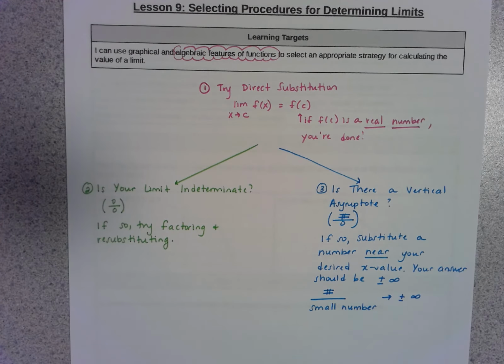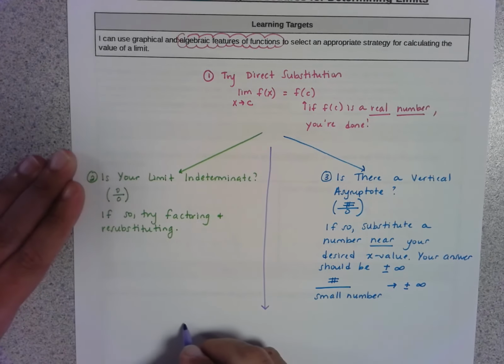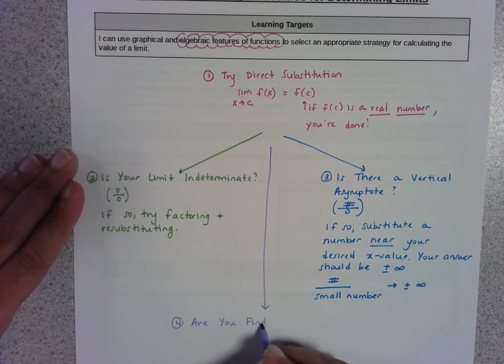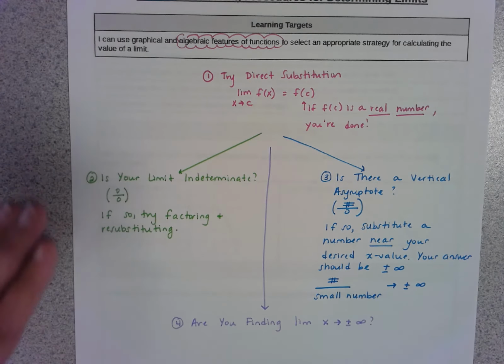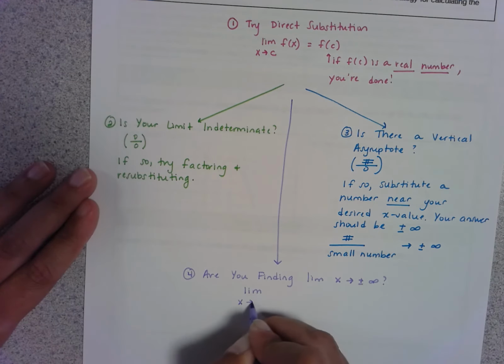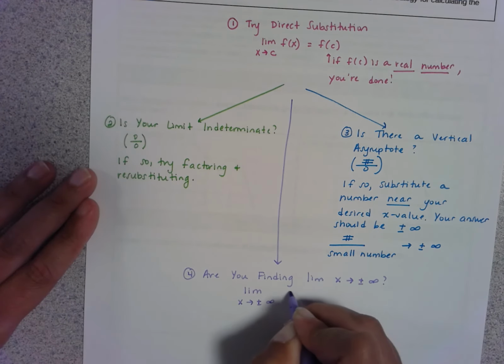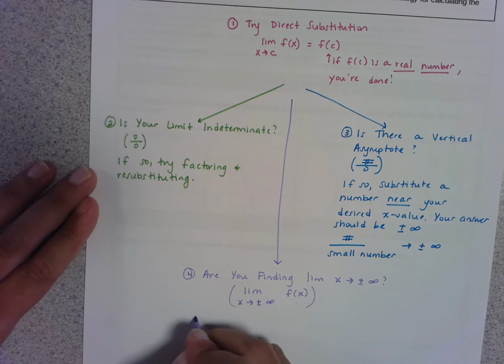It is possible that instead of those situations, are you finding the limit as x approaches positive or negative infinity? For example, does your limit say x is approaching positive or negative infinity? If so,